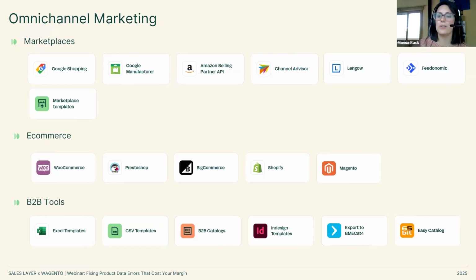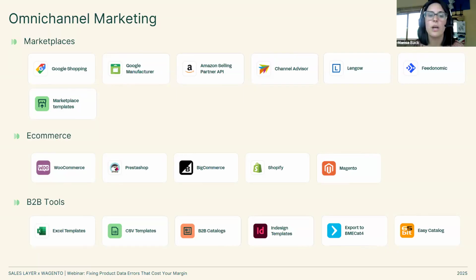This is where you need some of those engineers or a solutions partner to create that connectivity, so that it can be customized to connect with what you already have in your tech stack. And then for some of the B2B tools, the CSV file and Excel templates are essential as well.